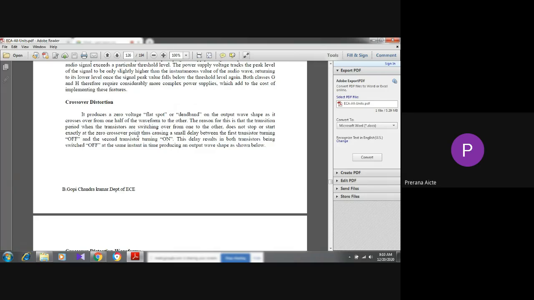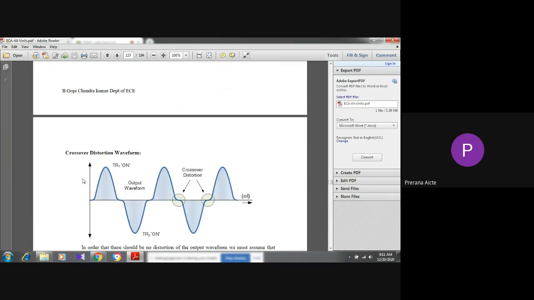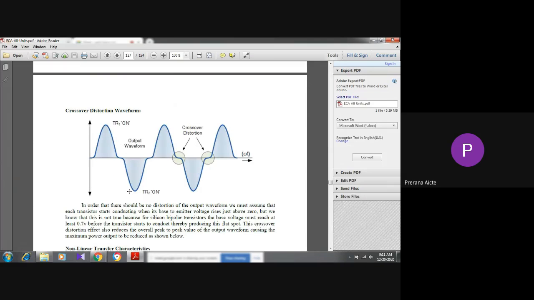Do not stop us, because there is a small delay between the first transistor turning off and the second turning on. This delay results in both transistors being switched off at the same instant in time, producing this output wave shape. See, this is transistor 1 on, this is transistor 2 on. When the transistor is off,